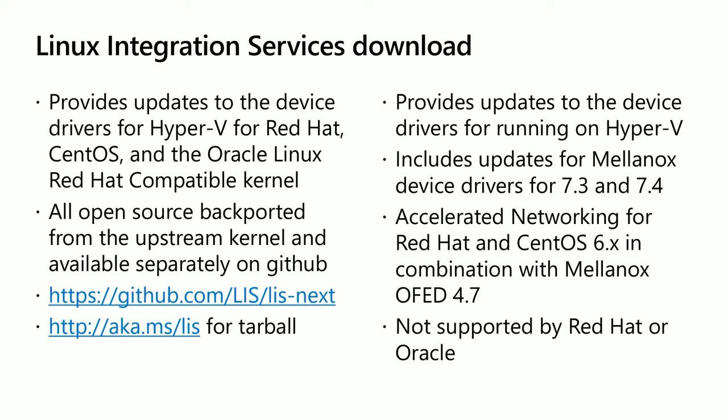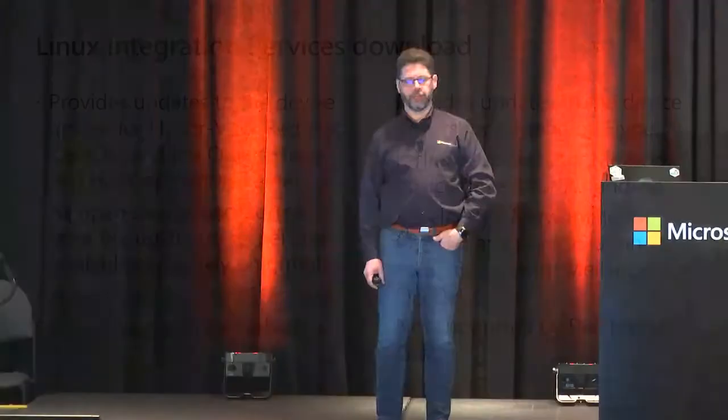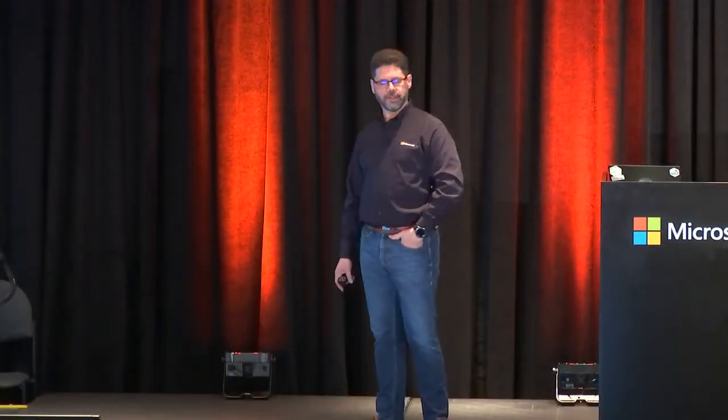All of LIS is tracked out on GitHub. It's been there for many, many years. It's all open source. It's all based on upstream patches to the kernel or things that are on their way upstream. And you can actually go to that LIS link there and grab just the tarball for the 64-bit and